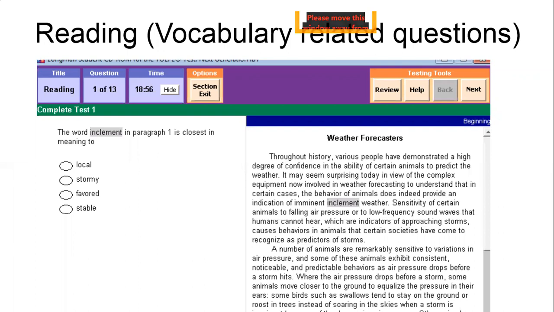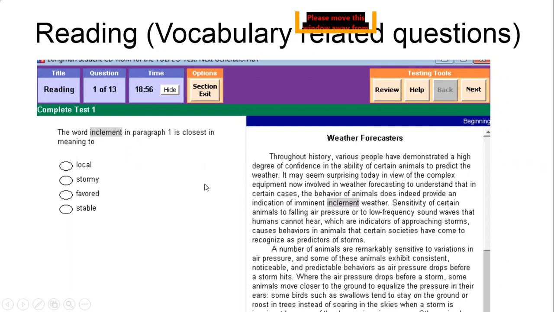Your screen will display the questions and the options. And then there will also be the text or the passage. So the questions and passage will be side by side. Pertanyaan dan teks itu akan berdampingan. For example, in these questions, you see a word that is highlighted. And you will also see the highlighted word in the text or in the passage.